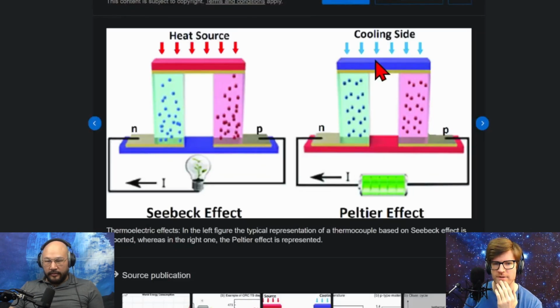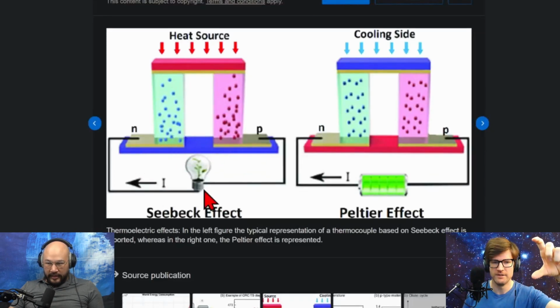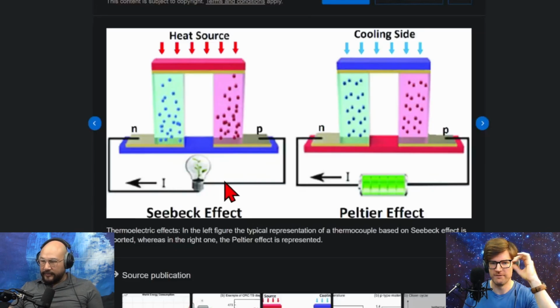So if I understand this correctly, if I have a heat source, if I have a delta T, then the electrons and holes pile up at the bottom, which creates a delta V, which can drive a current to turn on a light bulb. I like it. But if I allow everything,